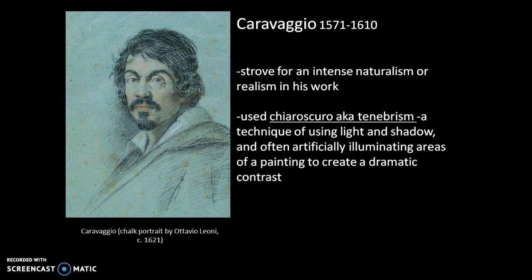So his work really reflects the Lombard painters' interest in still life and also their interest in intense naturalism or realistic depictions of objects and figures. He uses a technique called chiaroscuro or tenebrism, which is a technique of using light and shadow and often artificially illuminating areas of a painting to create a dramatic contrast. This is going to be used to heighten the realism of the moment and to make more drama in his